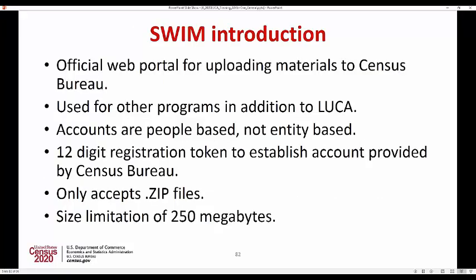I don't know what SWIM stands for. Some kind of an acronym, and I should have it. I might have it here. Secure Web Incoming Module. So you'll get information on how to set up a SWIM account if you don't already have one, and